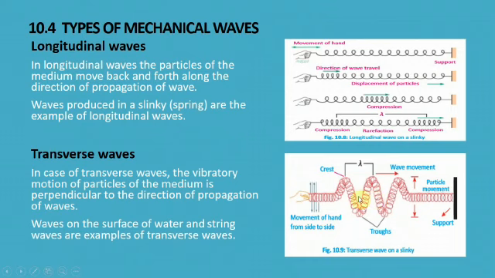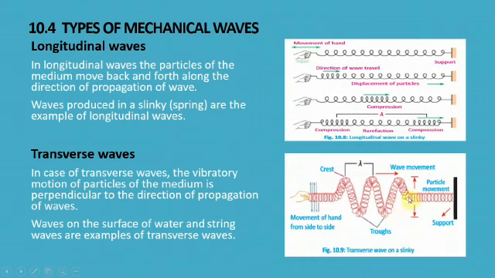Straight form इसकी original form है. Those forms which are upper from its original form, जो straight form से ऊपर हैं, ये loops जो ऊपर के loops हैं, these are called crests, and those loops which are lower than its original position, these loops are called troughs. And आप देख रहे हैं direction of propagation of wave is again to the rightward,